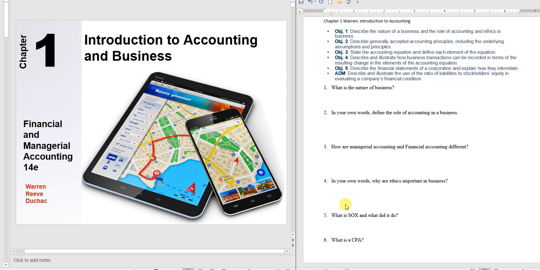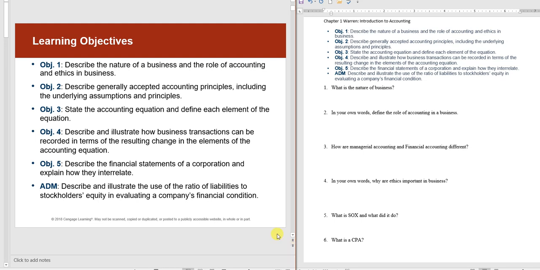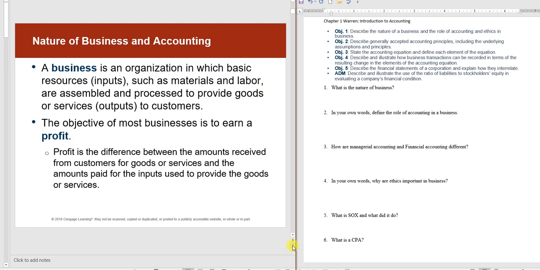Welcome to Chapter 1, Introduction to Accounting. I would like you to print this off and fill it out as we go along. So this is pretty important, so we can spend some class time or other work on just actually reviewing some of the problems. So we're going to talk about accounting and business this semester. And here's our objective. So I'm going to come back in the end and come back to these. Hopefully I'll remember to do that and see if we've covered them all.